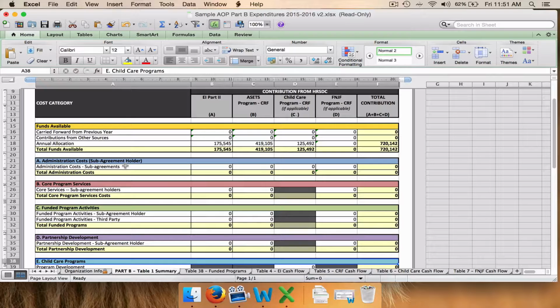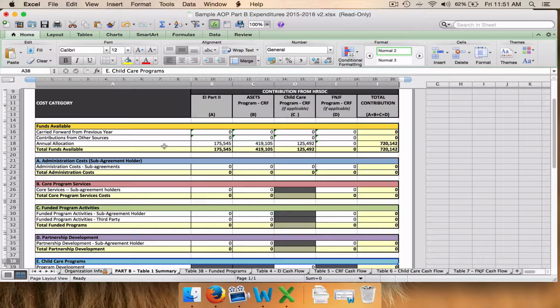Service Canada, through their agreement with us, there's a 15% admin cost to the First Nations. 5% of that is the admin cost that we take for administering the program for 34 sub-agreements. So 5% of each sub-agreement would be taken off the top of the allocation. And this is the remainder of theirs, less that 5%. So in turn, they have 10% that they can use for administration costs of their program, which is salaries, MERCs,